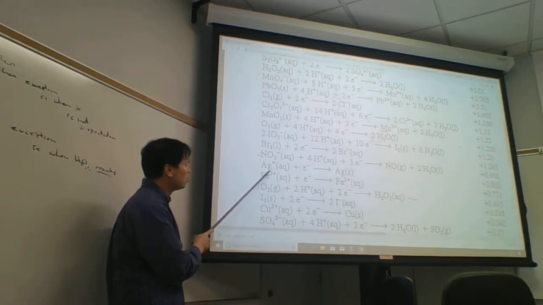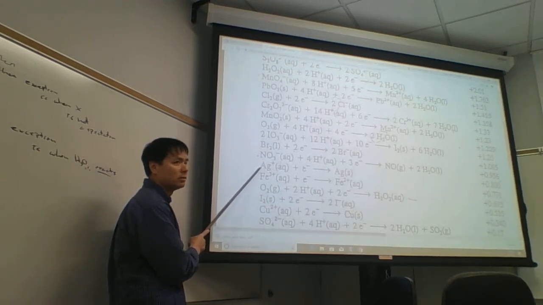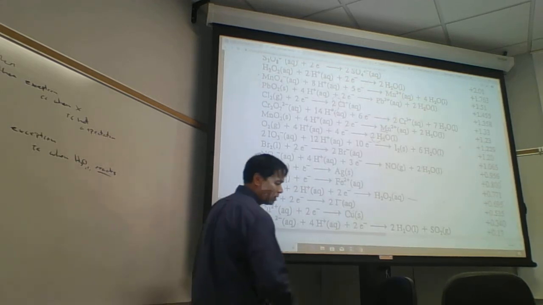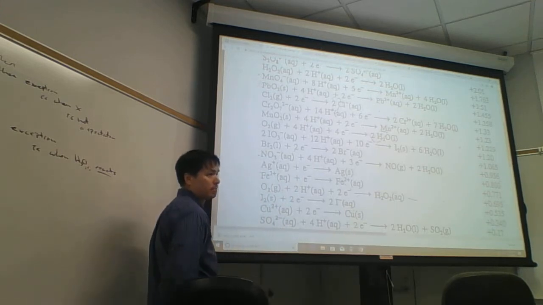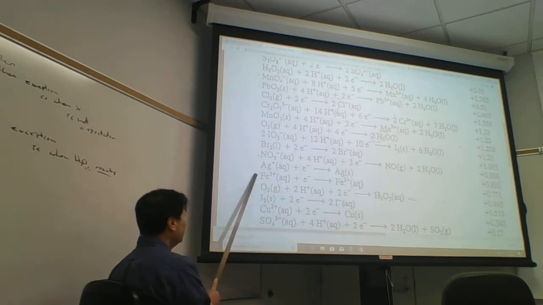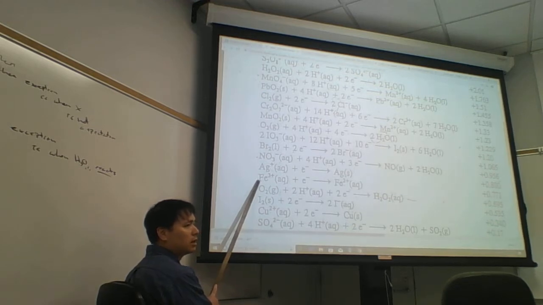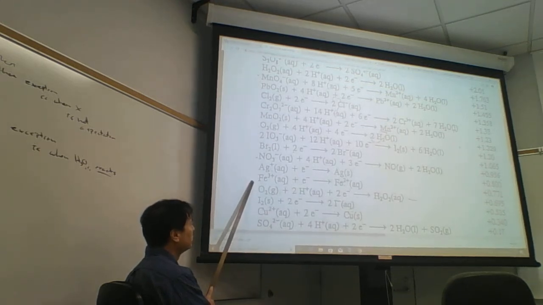Silver ion or silver 1 ion? Silver 1 or silver? Do we need the 1 or we don't need the 1? In other words, is silver fixed charge or variable charge? Fixed charge. That's a silver ion. Is this iron 3 ion or just iron ion? Is iron fixed charge or variable charge? Variable, so this is iron 3. This is